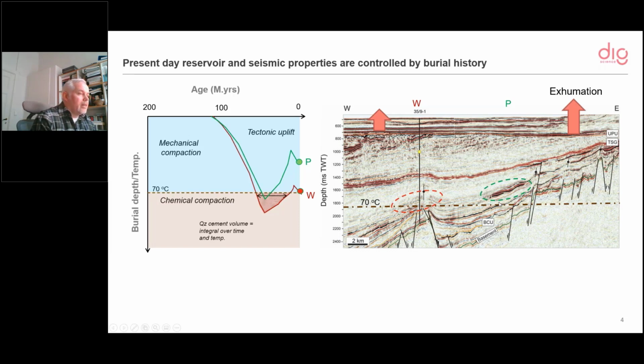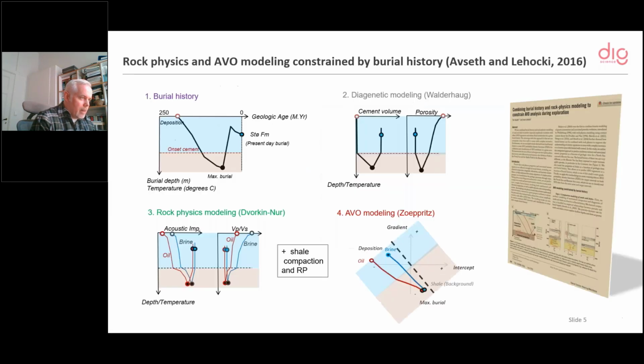And that's why the compaction history and the sedimentology and the rock physics have to go hand in hand all the way. We published a paper a few years back on this technology in The Leading Edge, and this is summarizing the technology. So if you have a given burial curve, let's say for the Stø formation shown in the upper left, so this is the burial history, a sandstone being buried, and the brownish color is when you start to cement, so you go from a loose sediment to a consolidated rock, but then you have an extensive uplift.